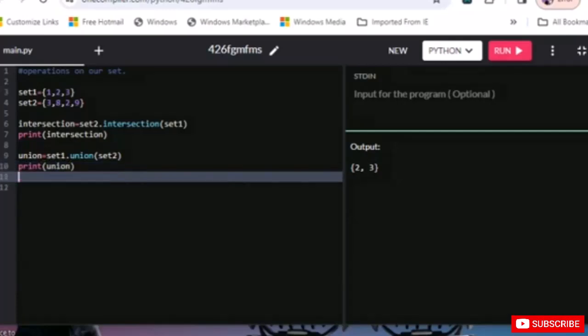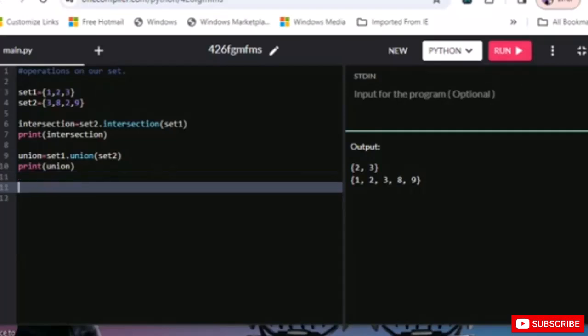As you can see, we get 1, 2, 3, 8, and 9. The sequence may change, but this is the totality of numbers, and repetition is not allowed in set theory. That is one important thing you need to remember all the time. I'll show you that in a later part.